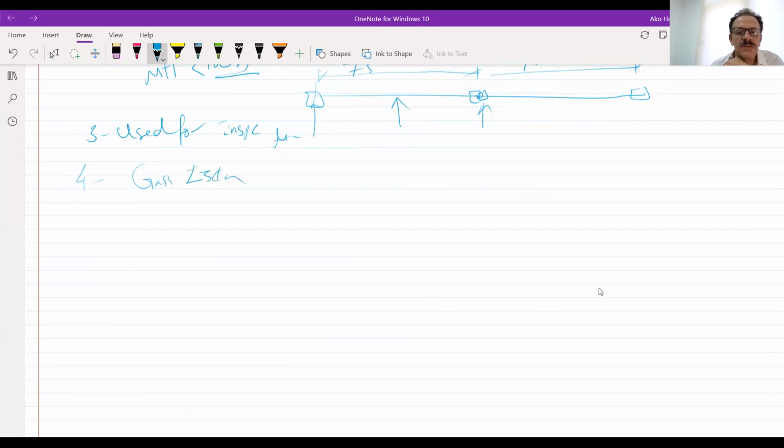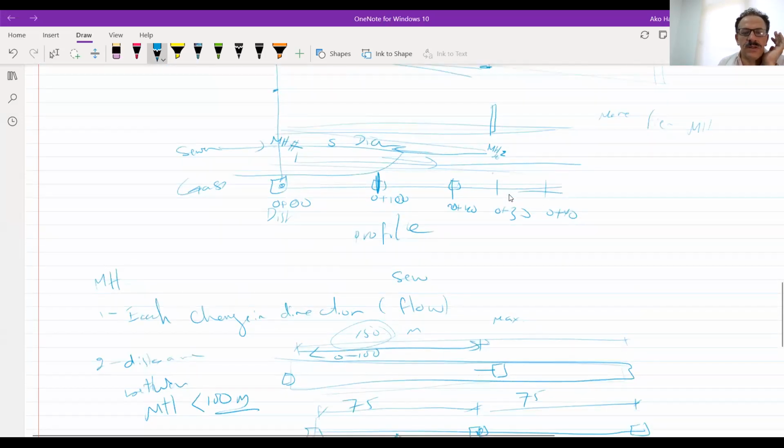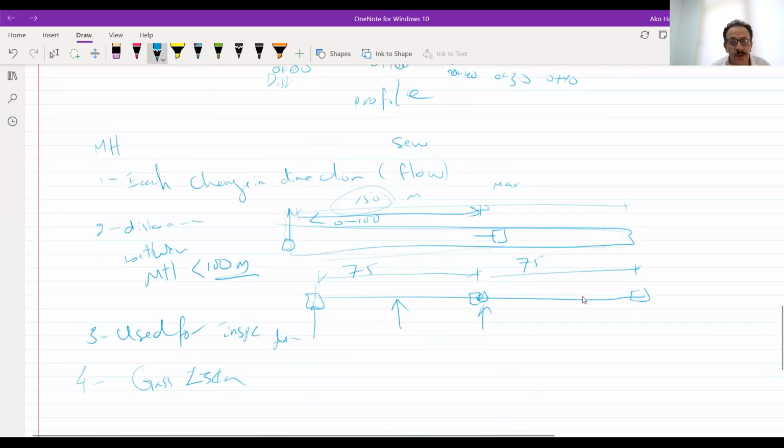When we have a manhole here and the slope goes this way, the gas is collected, and as I said, the sewer should not flow full, because the gas will come back to the starting manhole. So you have to put a ventilation stack here, otherwise it will come back to the houses.